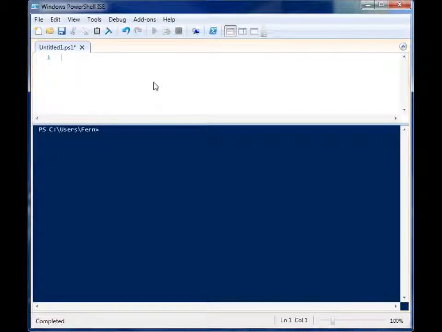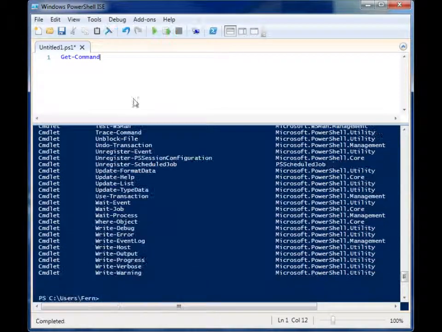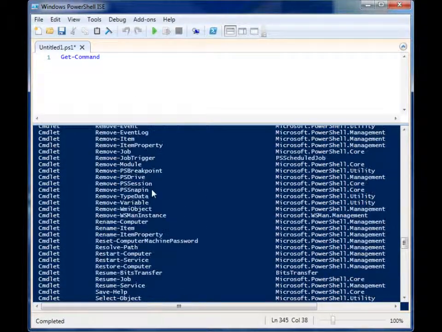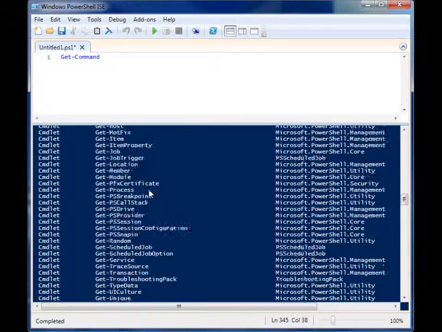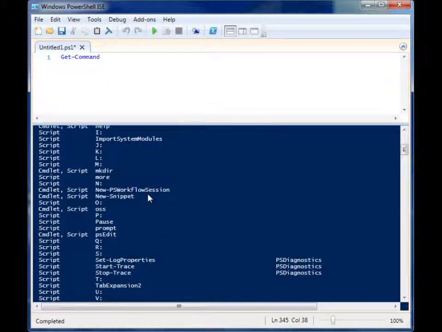Alright, so I'm going to show you two commandlets quickly today. One of them is get-command and the other is get-verb. Let's start with get-command. Get-command grabs you all the commandlets. It's simple enough. So you can find out all the commandlets to help you do what you need to do